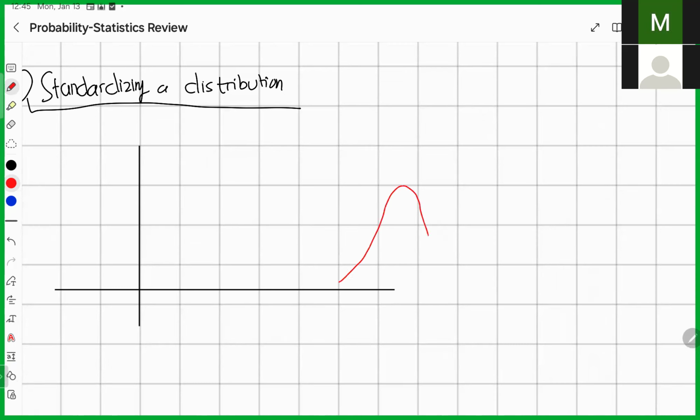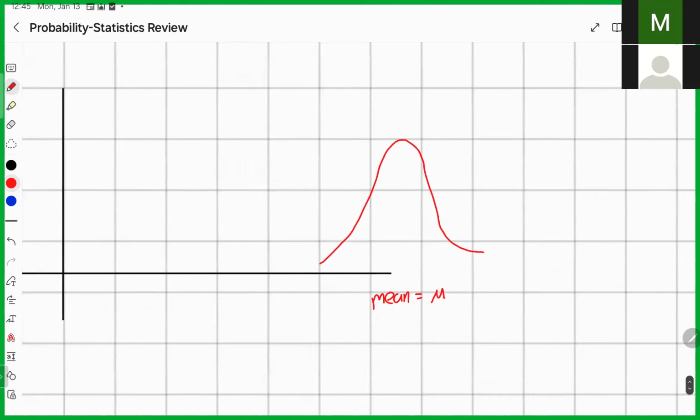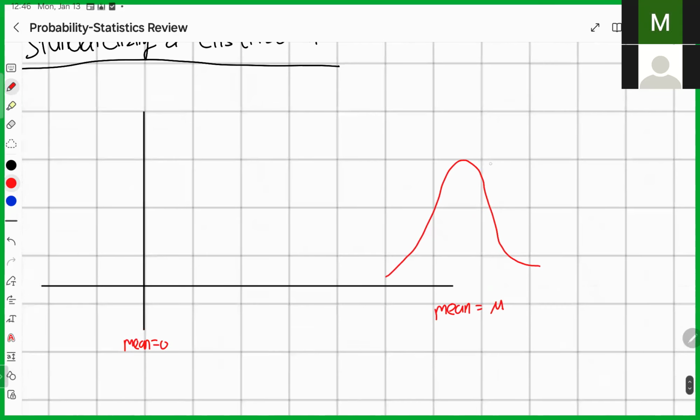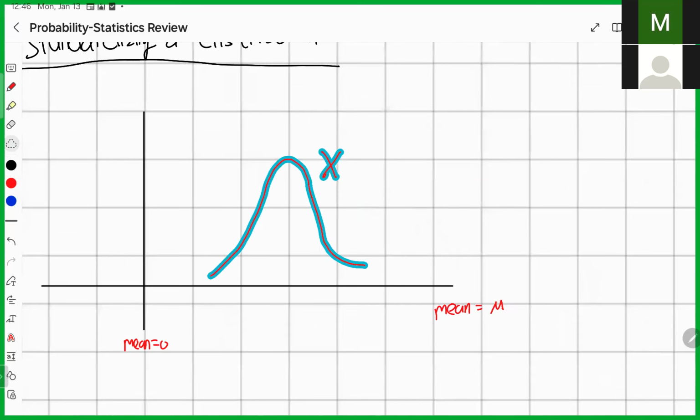So for example, here you have a data set. Let's say this is your data here, and the mean of this data is here, and this is the mean position when it equals 0. So this is the distribution of data, and in order to bring this to this position, what we're supposed to do is,